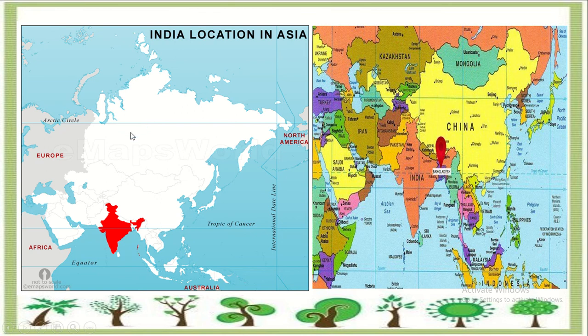Here in the world map, follow here, we have divided this Indian map. In the world map, this one is the equator, which represents the 0 degree, and you know the equator divides the land area into two parts, that is the northern hemisphere and southern hemisphere. So here in the world map, India is located in the Asia continent; this red color represents India.